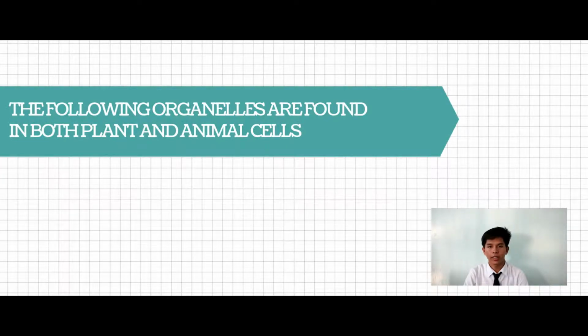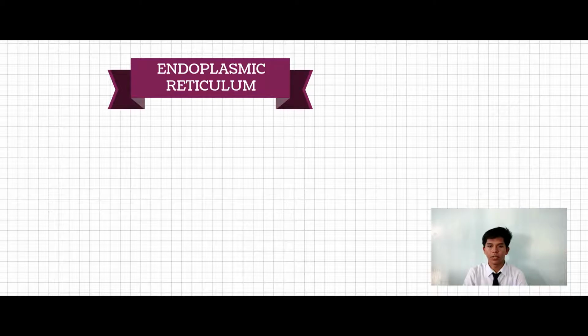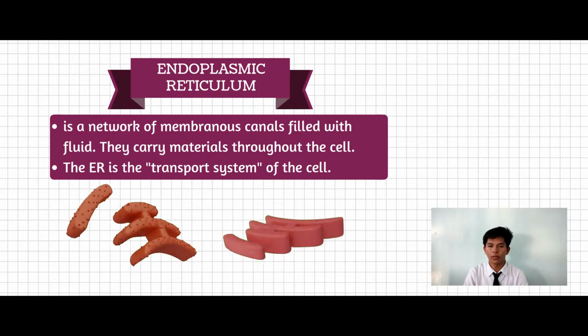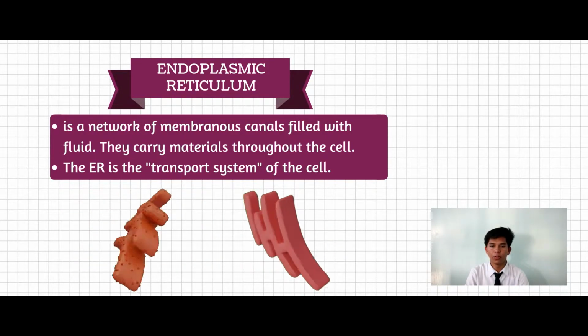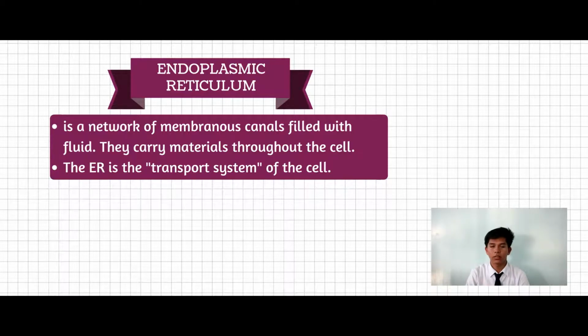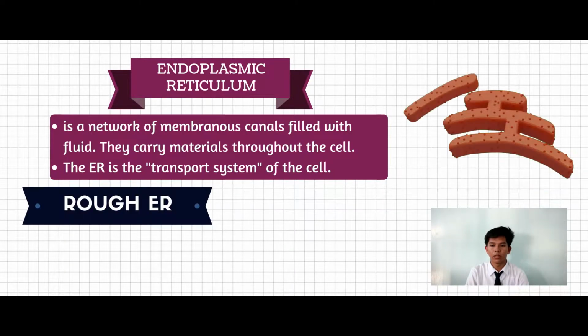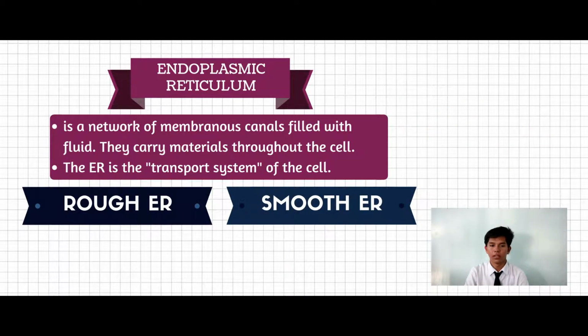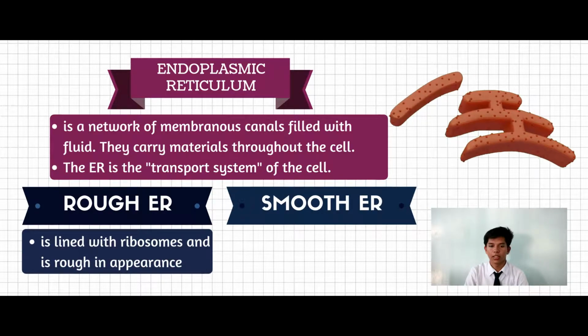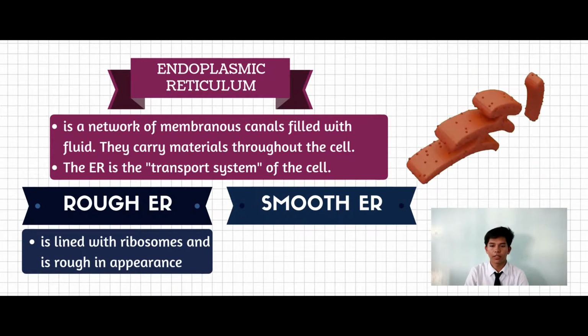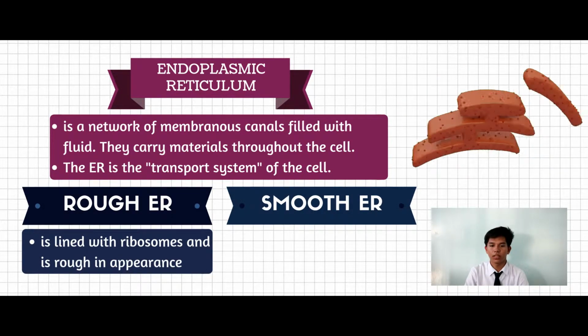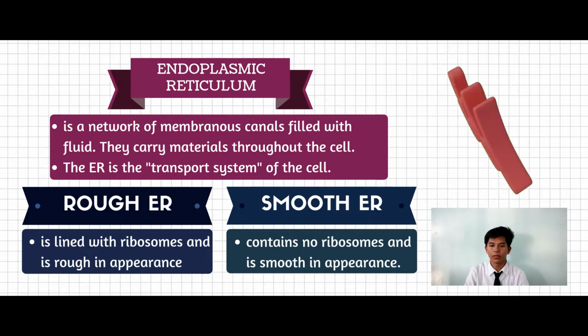The following organelles are found in both plant and animal cells. ER, or endoplasmic reticulum, is a network of membranous canals filled with fluids. They carry materials throughout the cell. The ER is the transport system of the cell. There are two types of ER, rough ER and smooth ER. Rough ER is lined with ribosomes and is rough in appearance, and smooth ER contains no ribosomes and is smooth